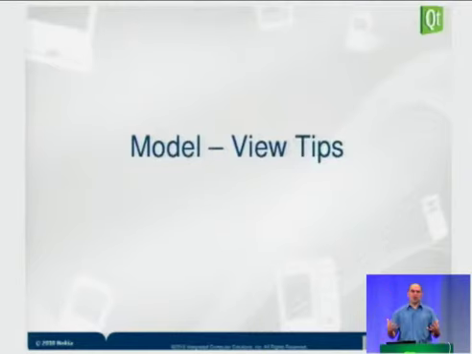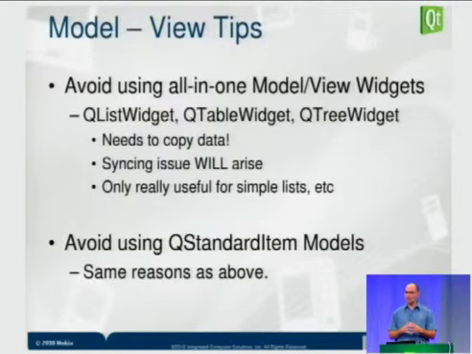So a rule of thumb that I usually go by, I'm a very big model view design pattern fan, is that you should avoid using the widget versions of the lists and tables and trees. You should only use them for very simple things, like if you had a list of things and you wanted the user to pick one of them, or maybe a list of fonts. It would be acceptable to use either the widget version of, say, QListWidget, or to use a QStandardItemModel along with a list view. The reason why these aren't generally good ideas is because they need a copy of the